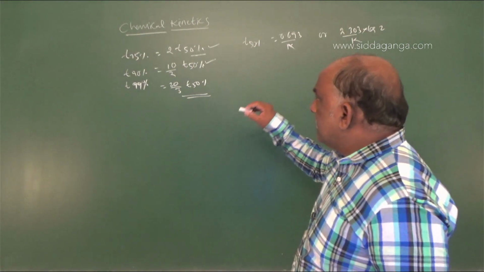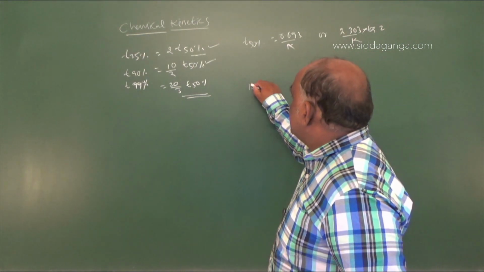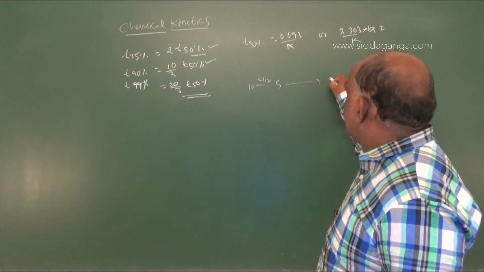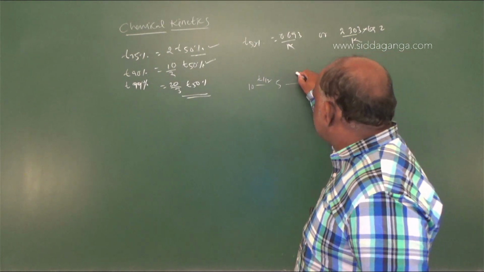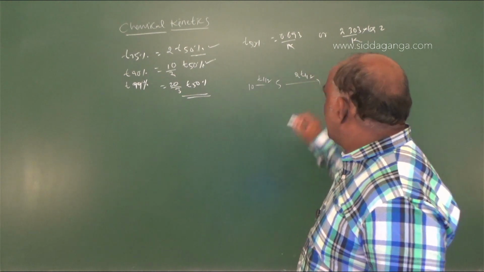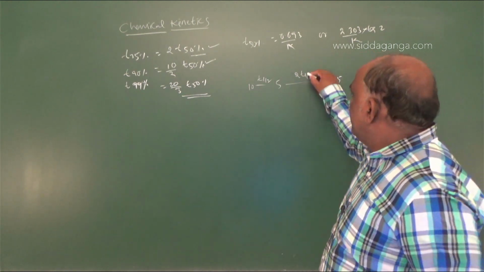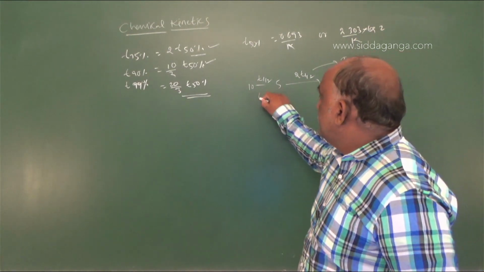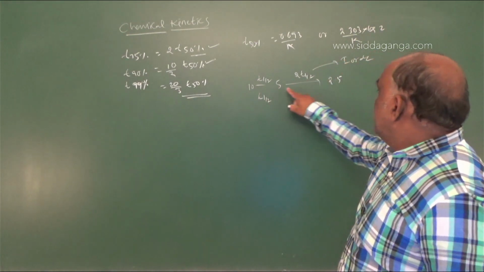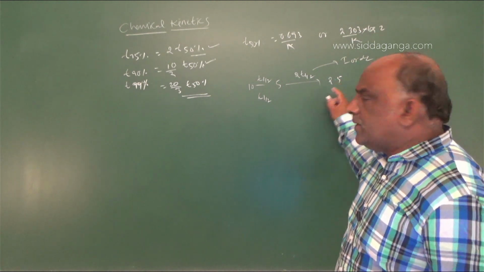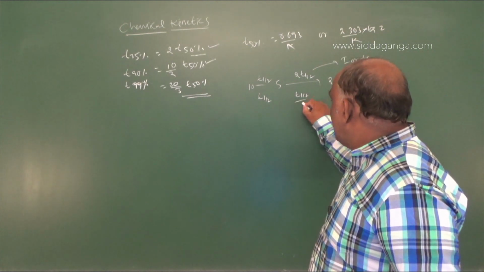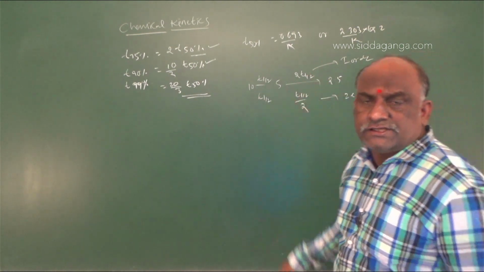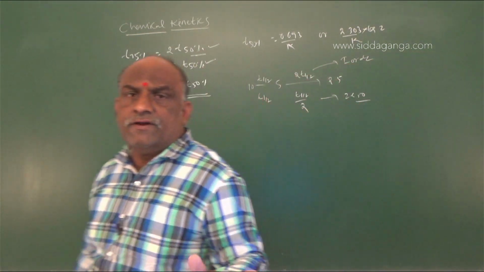And one more conclusion for this: 10 grams becomes 5 grams, for first order it is T half. 5 grams becomes 2.5 grams, for first order it is 2 T half. This is first order. For zero order, 10 becomes 5, it is T half, and 5 becomes 2.5, this is T half by 2. These two conversions keep in your mind, this is very important.